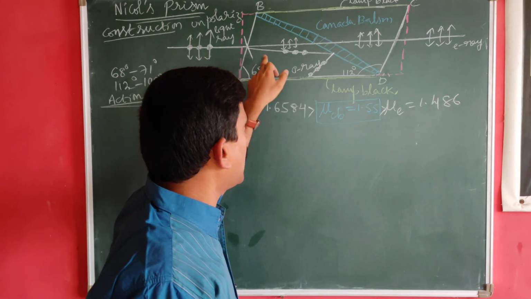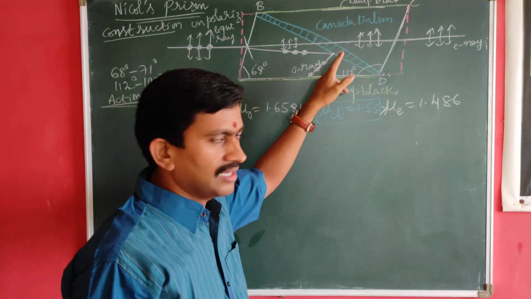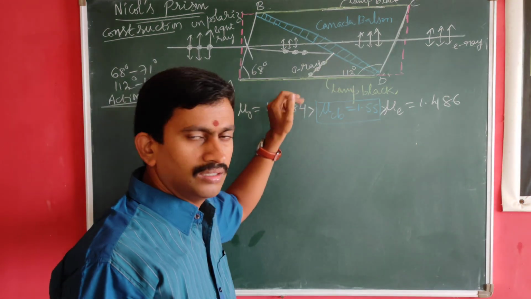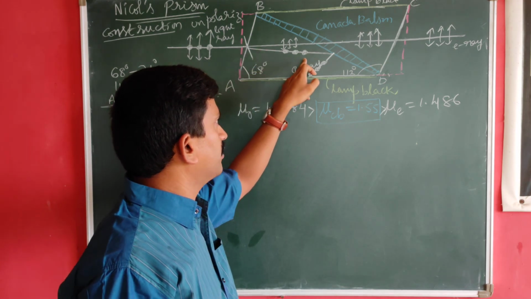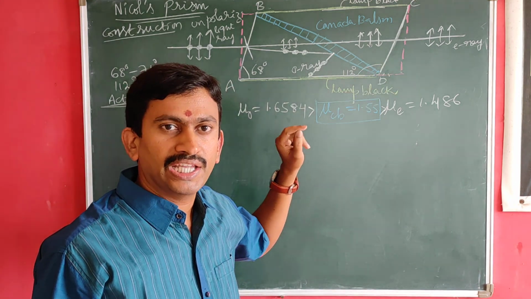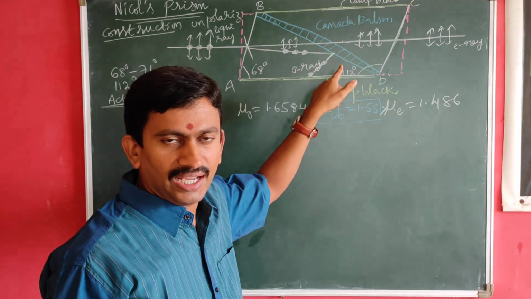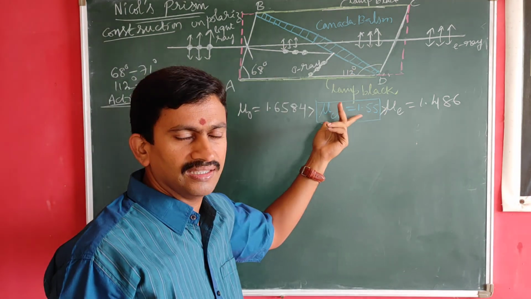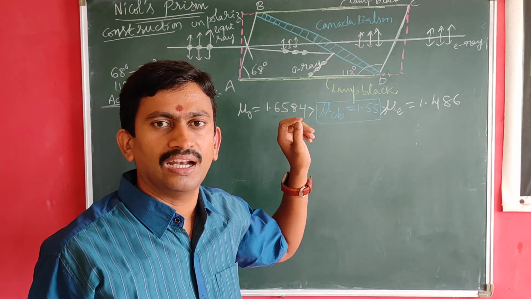When the ordinary ray travels towards this particular nickel prism and is incident on the Canada balsam layer, then it undergoes total internal reflection. In the sense, it is moving from optically denser medium to optically rarer medium, hence it is reflected back. That too, the length of the crystal is large. The ordinary ray is incident on the layer at an angle greater than the critical angle, that is 69 degrees. So hence it undergoes total internal reflection.